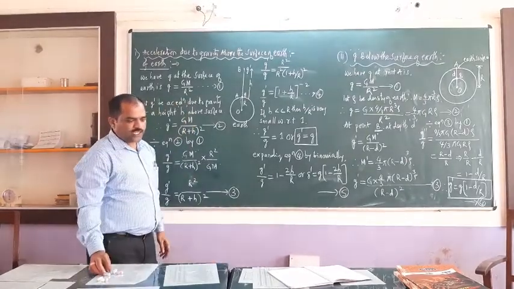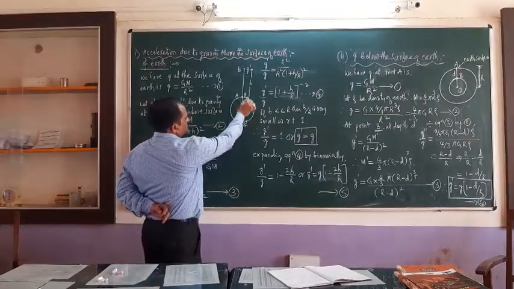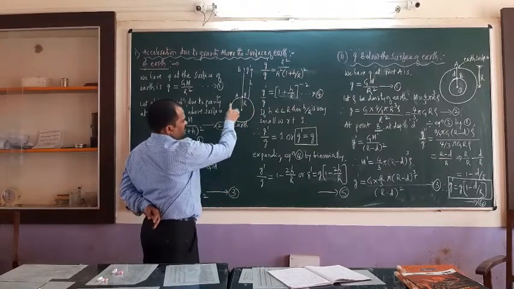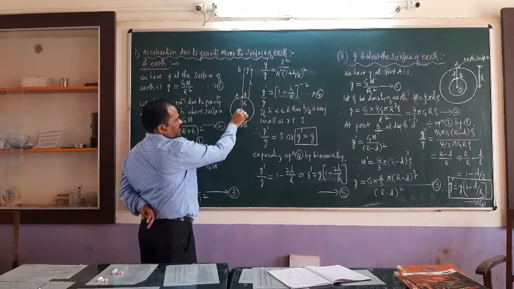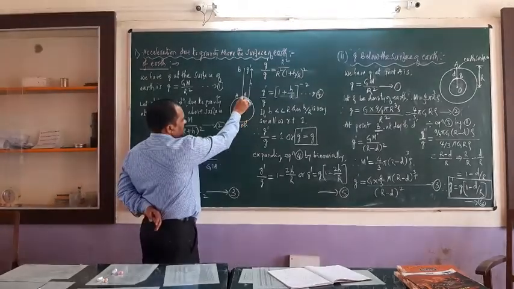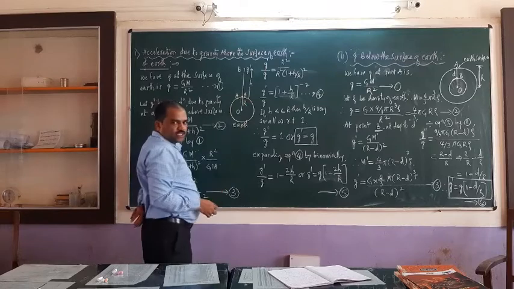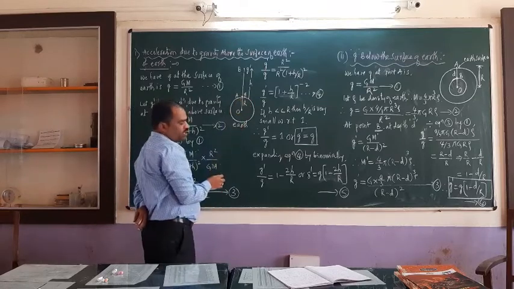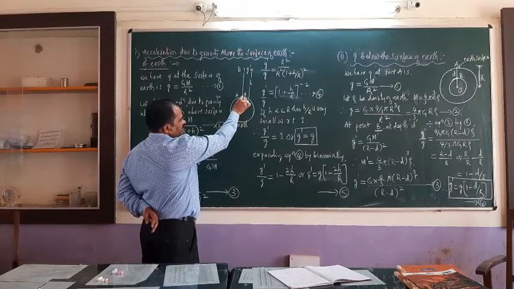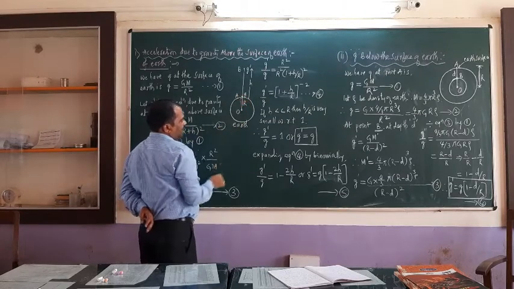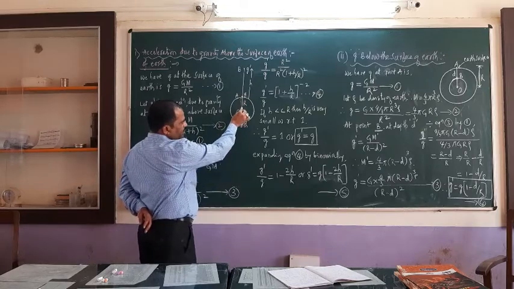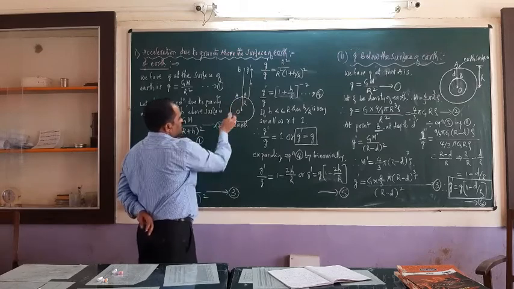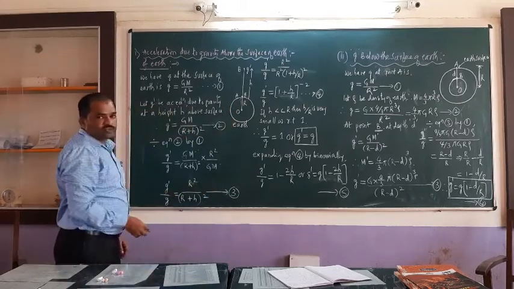So let us consider this is the spherical surface, that is earth. Let us imagine this is the earth surface. Let O be the center of the earth, and let point A be a point on the surface of the earth, meaning let there be a body on the surface of the earth at A. And from the center of the earth to the earth surface, let capital R be the radius of the earth. With this, now let us start deriving the expression.